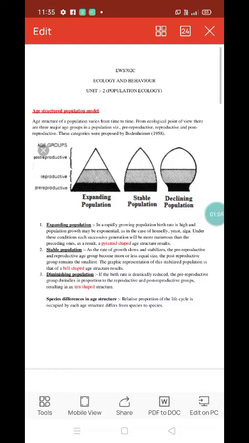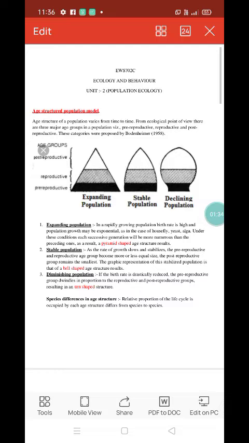The first one is the expanding population. This is also known as the pyramid-shaped age structure. This we find in the case of houseflies, yeast, and certain algae also. Here, in the first picture, we can see the dark colored triangle or pyramid shape, and the bottom one represents